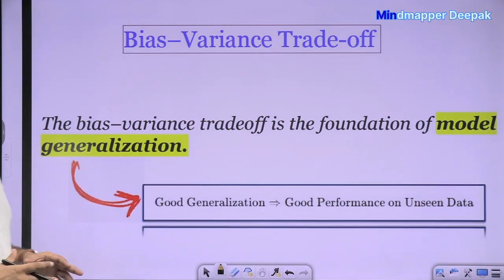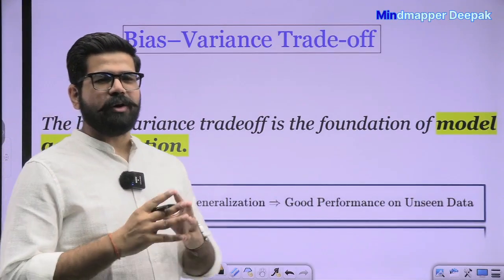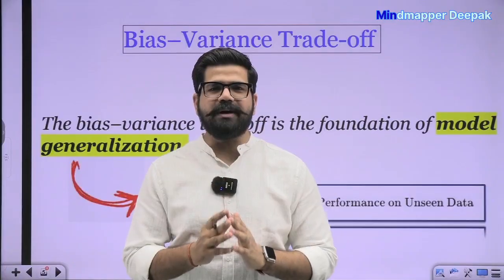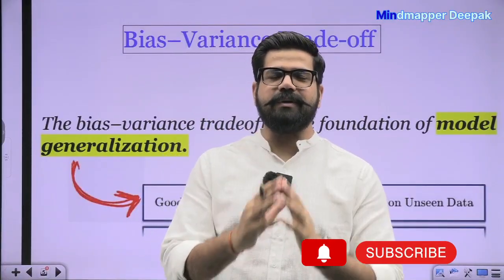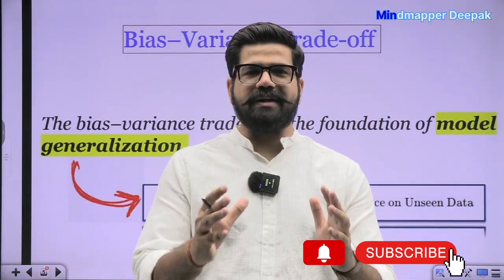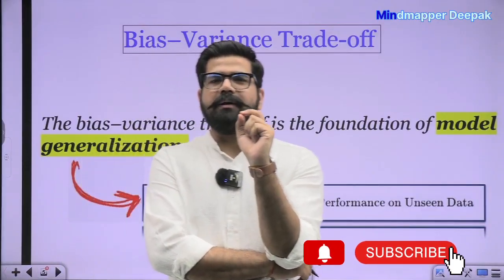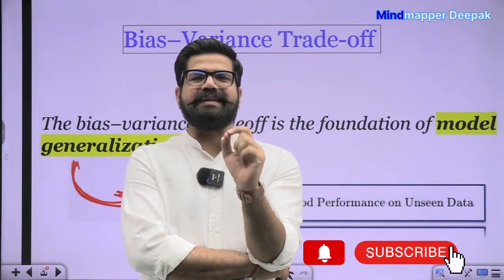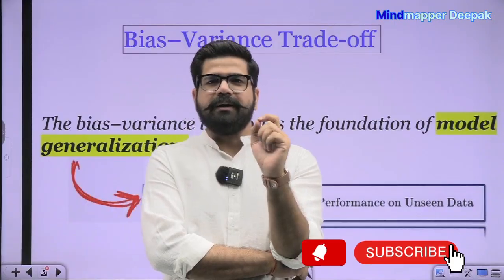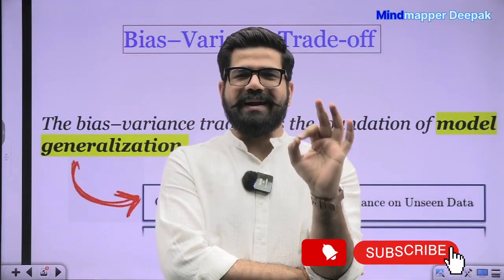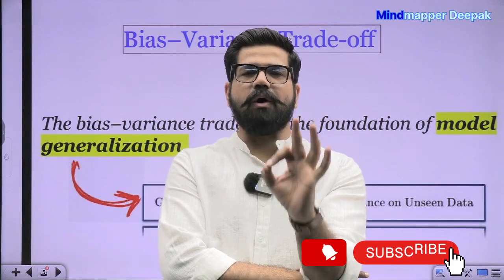Now come to the basic thing, what is a bias and what is a variance and what is a trade-off. Before moving further, you must understand the meaning of the trade-off, the bias and the variance. So just understand simply: a most common term which is used in machine learning is generalization, that is generalization of a model. All this bias variance trade-off is mainly related to the generalization of your model.